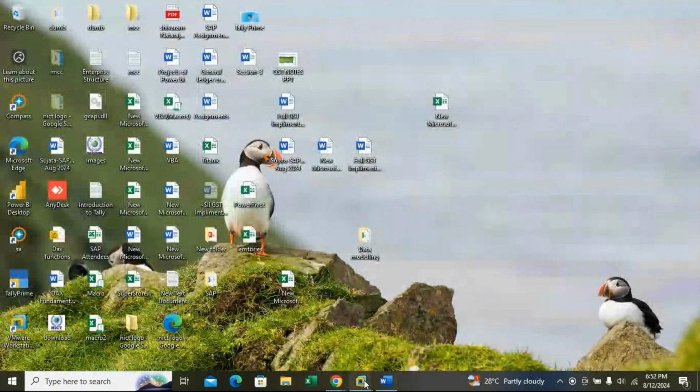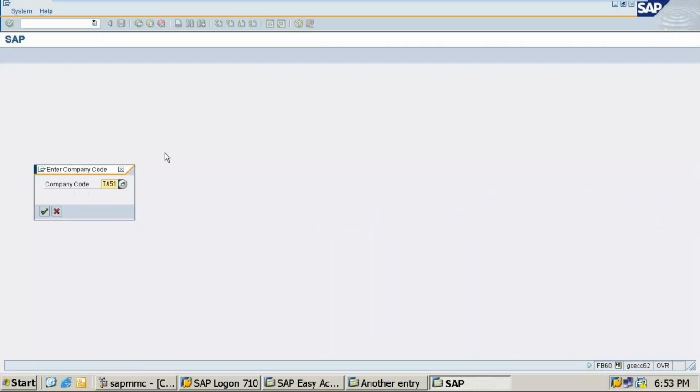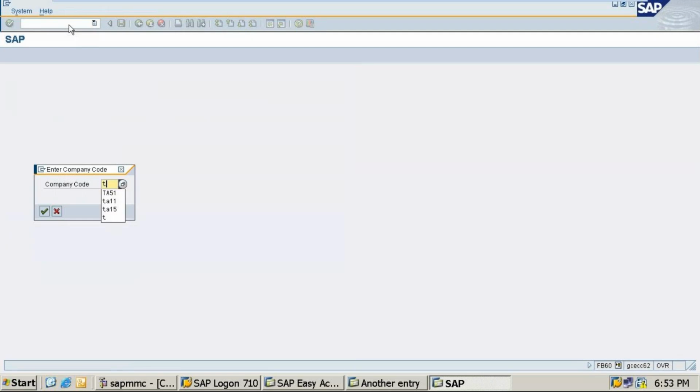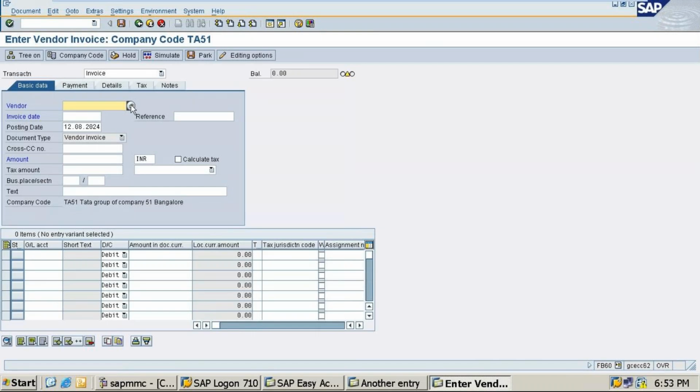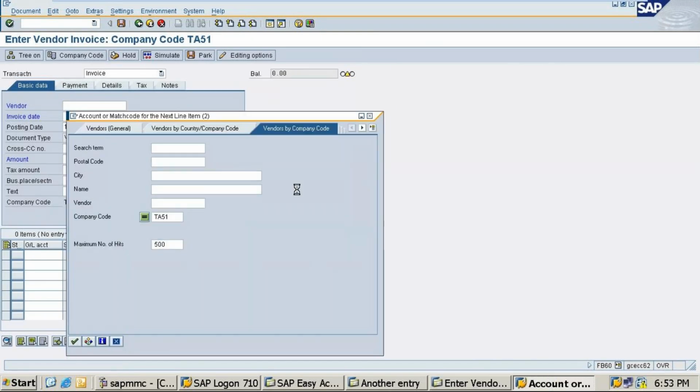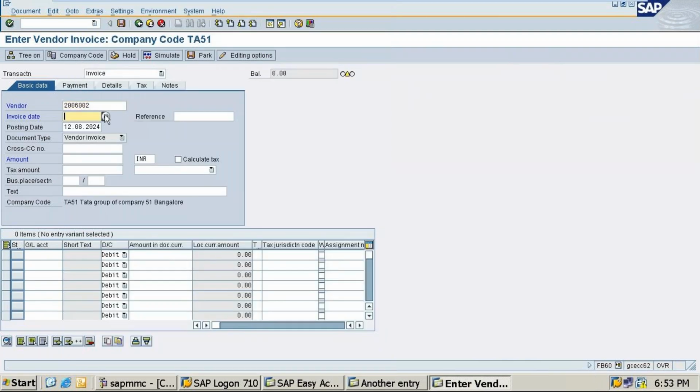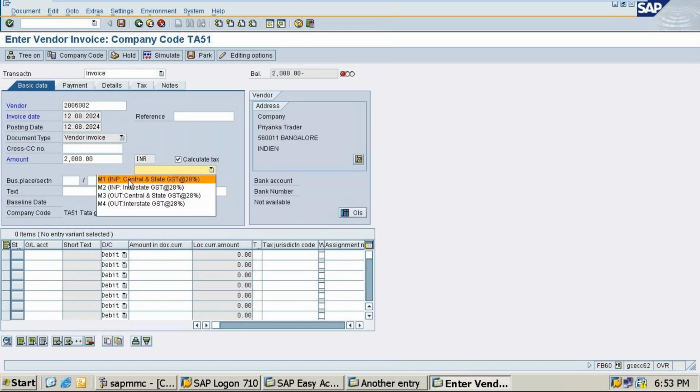Next, we have to go to the payment section. So we'll do one more entry. FB60. Give the company code, and here you can choose the traders. I am choosing the same, Priyanka Traders, and invoice date 12. I'm giving a small amount, 2,000. Calculate tax M1.